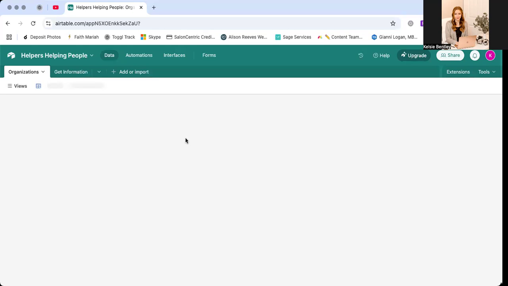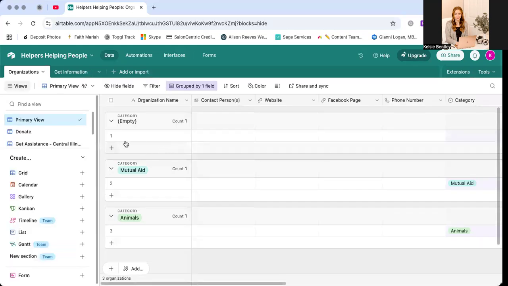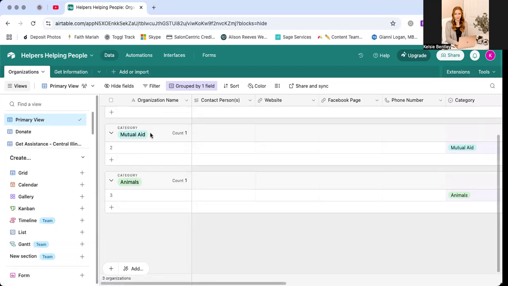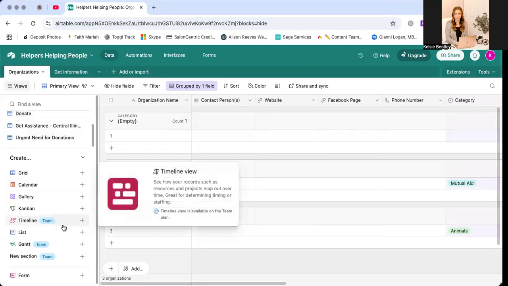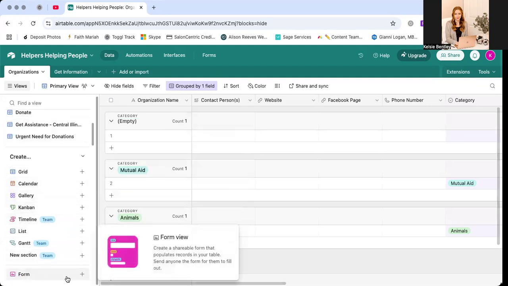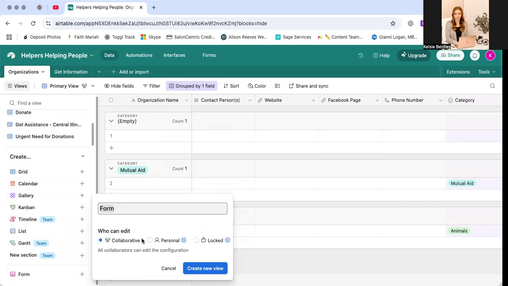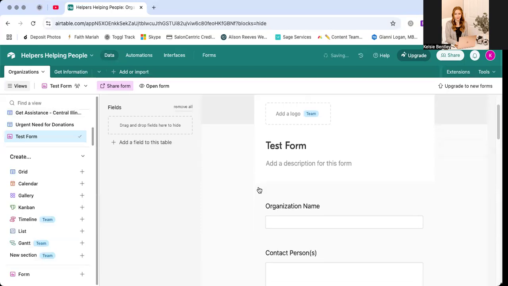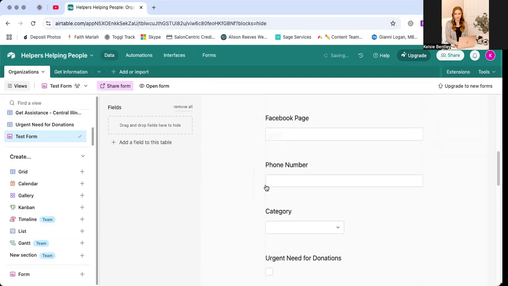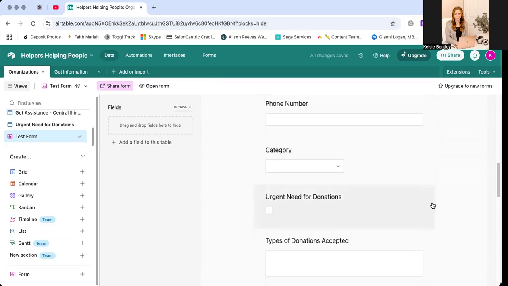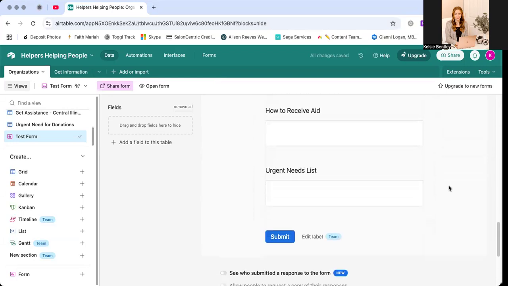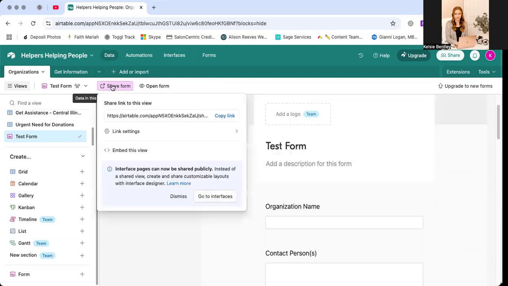So the other functionality I wanted to share with you, a couple different things. Number one, I love the idea also of adding a form view. If you hit this, I like just this create a form view. The new form view is fine, but I just like the original one. It's not cute or anything, but it's fine, right? It puts all this stuff on here. And then you can literally just come up here and share the form,